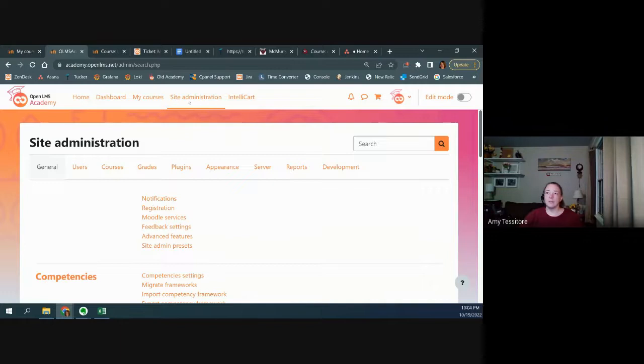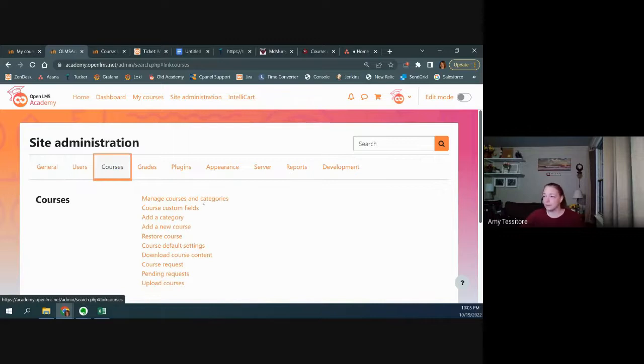So site admin is now accessed through the top header. Everywhere you go on the site, this header stays with you. So no more having to go over to the nav drawer, open it, and get dashboard, home, and scroll to the bottom for site admin. You'll always have it at the top here. Once you are in the site admin menu, not a whole lot changes except for this, which is probably one